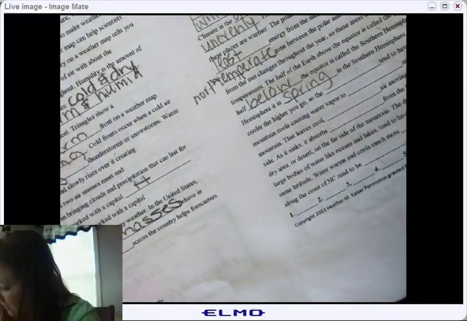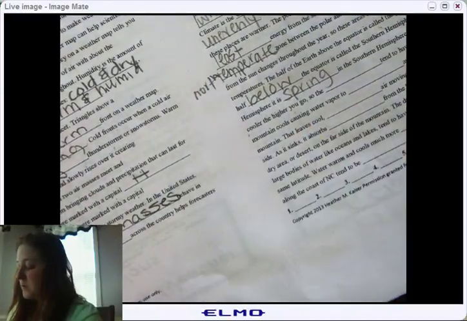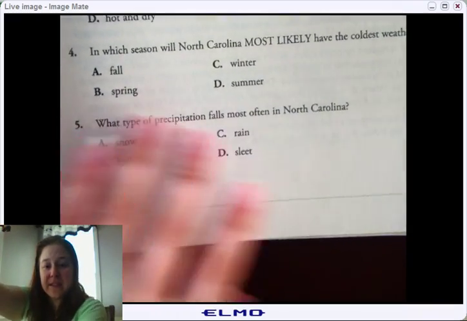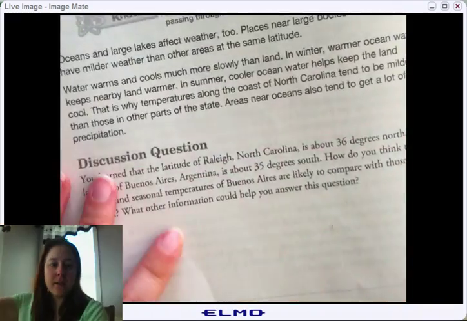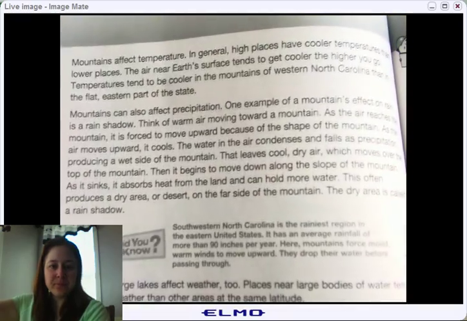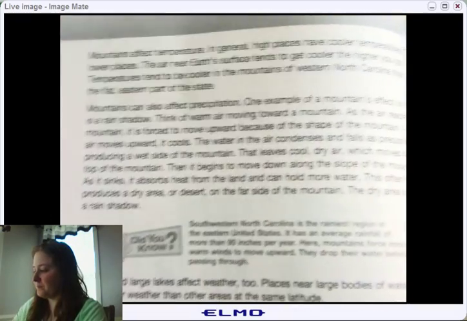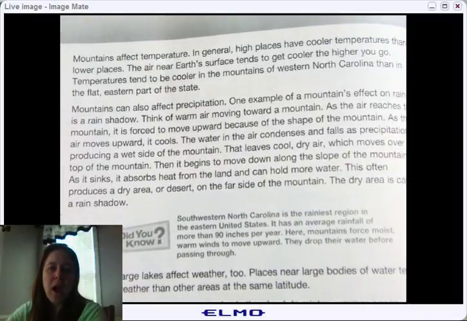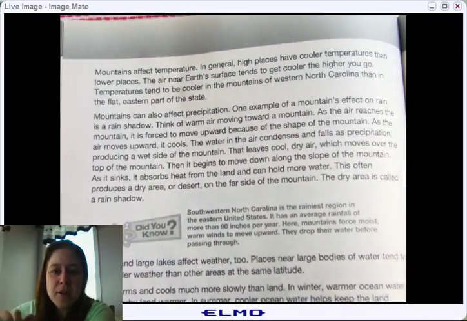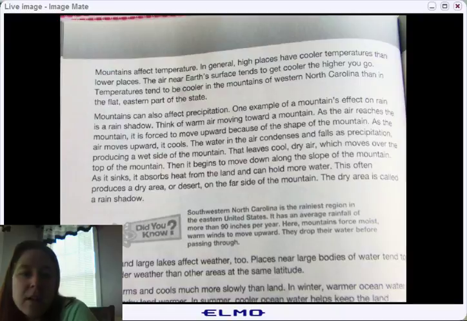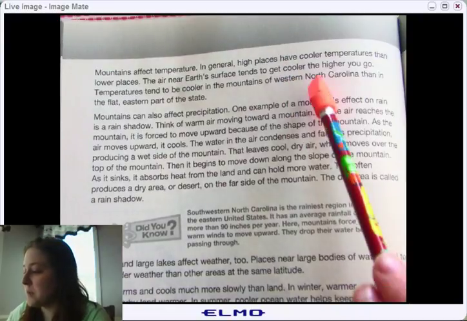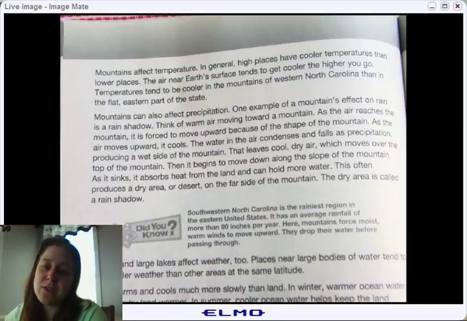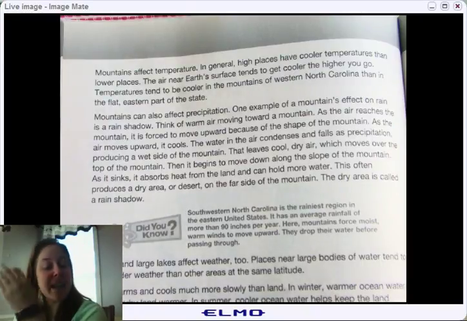So we are going to turn the page now. We are now on page 76. Mountains affect temperature in general. High places have cooler temperature than lower places. The air near the Earth's surface tends to get cooler the higher you go. Temperatures tend to be cooler in the mountains of western North Carolina than in the flat eastern part of the